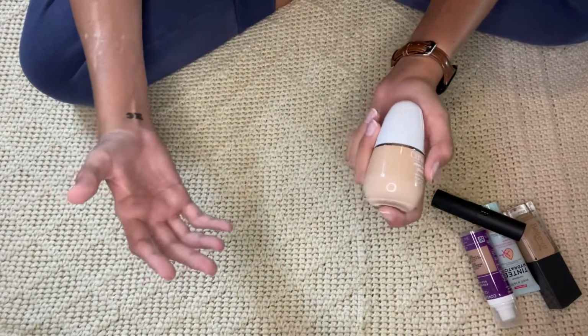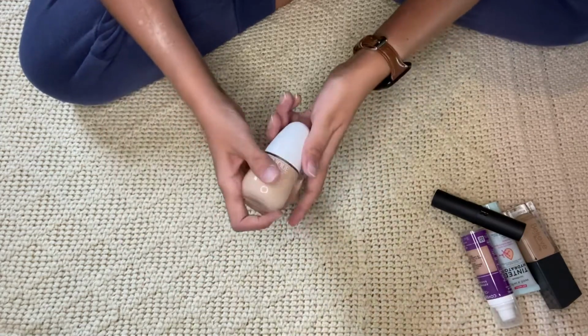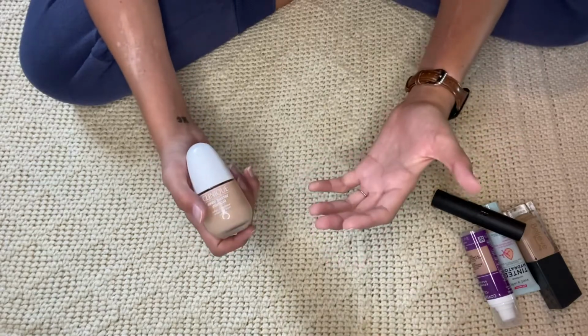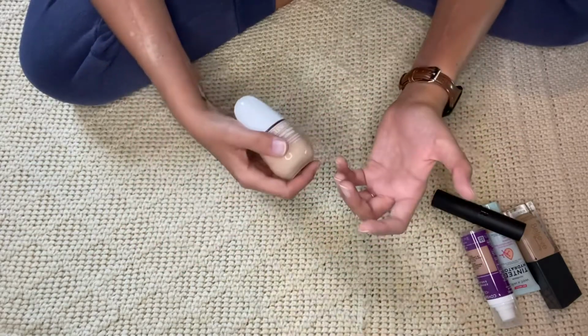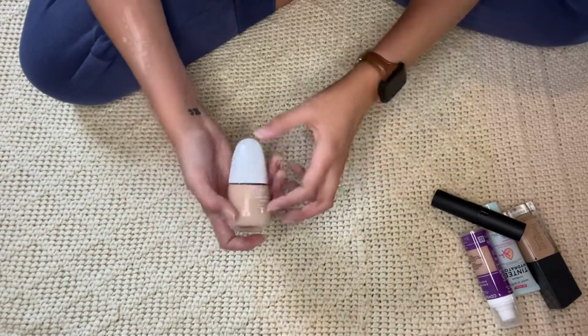And as much as we say things like it melds into your skin and it buffs in, no, it doesn't, guys. It's sitting on top of your skin. It just is. Sometimes it's more obvious and less obvious, but it's foundation. It's sitting on top of your skin. So